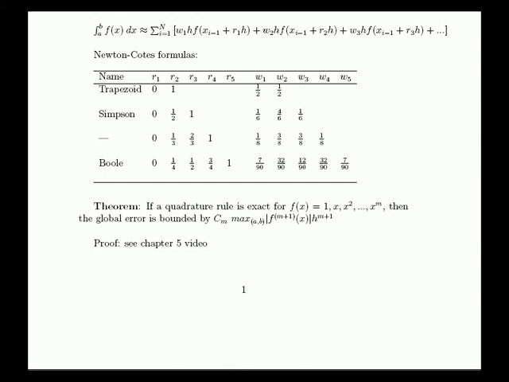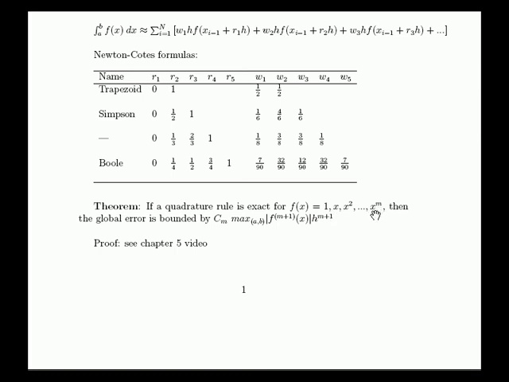Okay, we're going to review Chapter 5 by looking at some old tests. And the most important thing to know in sections 1 through 3 over the approximation of definite integrals, i.e. quadrature, is this theorem here that says that basically polynomials are the guinea pigs that you try your quadrature rule out on, and it tells you how well it's going to do for general functions, namely if your method is